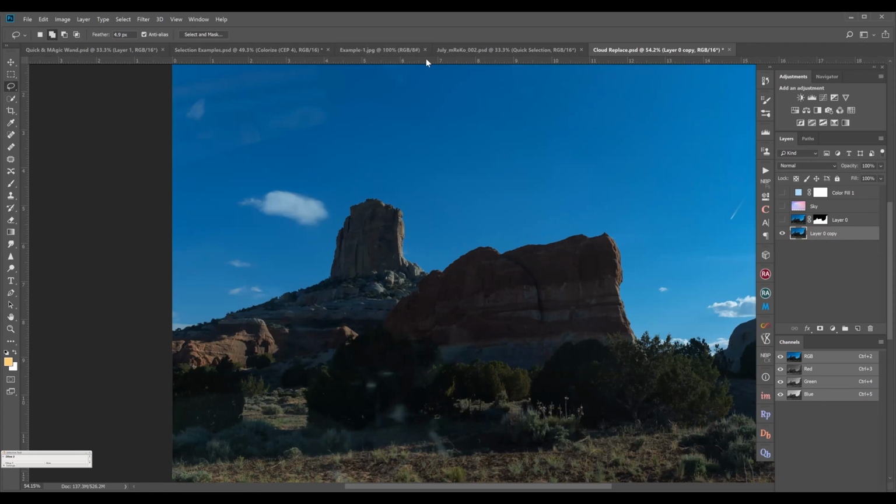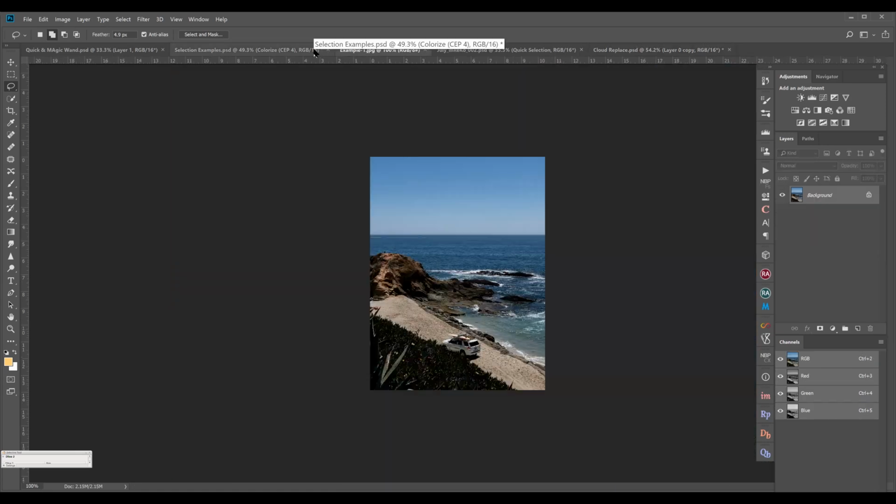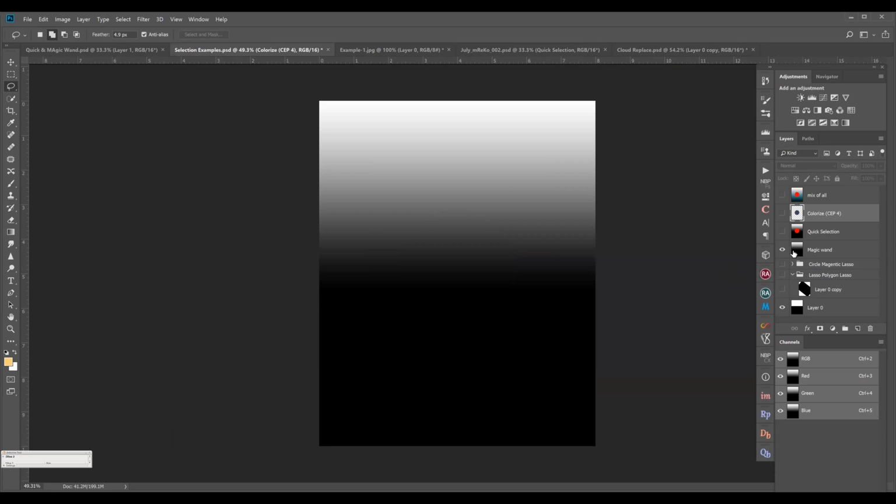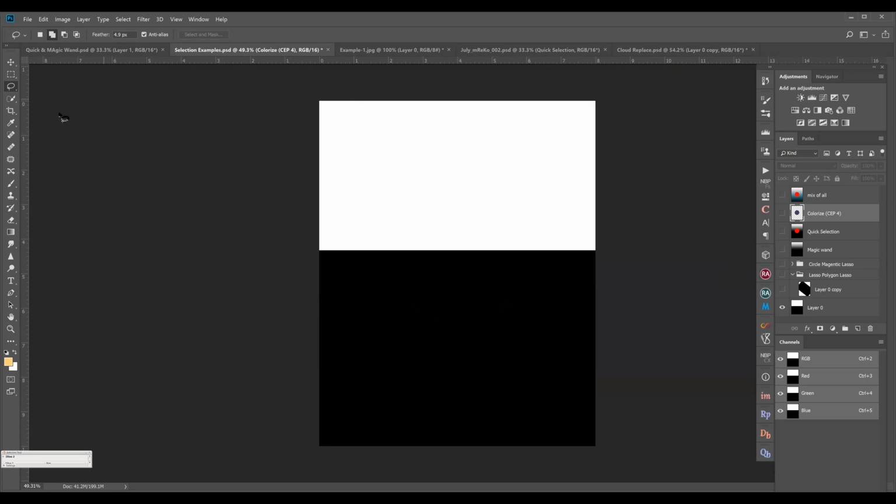If you see our first example, which we did in the selection, we talked about the rectangular marquee tool where you do a selection.